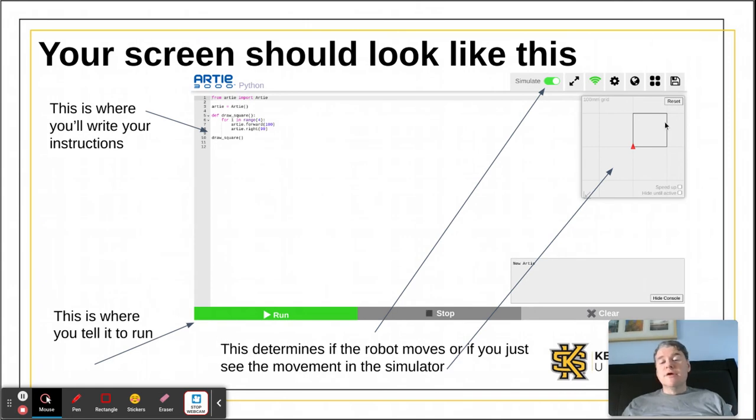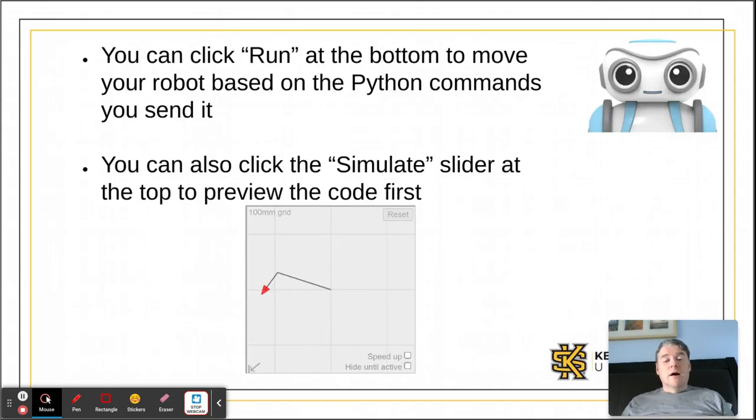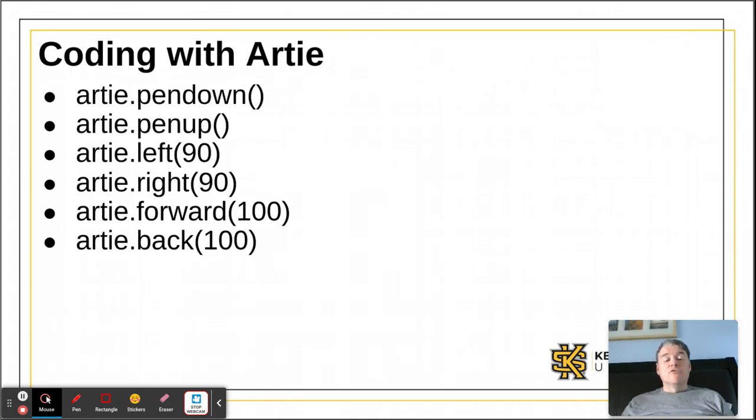This is your run button. This is the simulate or don't simulate button, and if you're simulating, this is where you see the output. When you hit run, the robot will execute the Python commands, and you'll get to see what's happening in real time. So the code for coding with Artie is going to be artie.pen down, artie.pen up, artie.left, artie.right, artie.forward, and